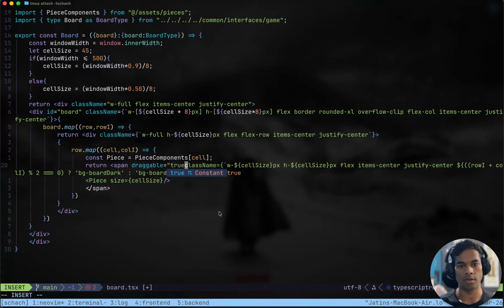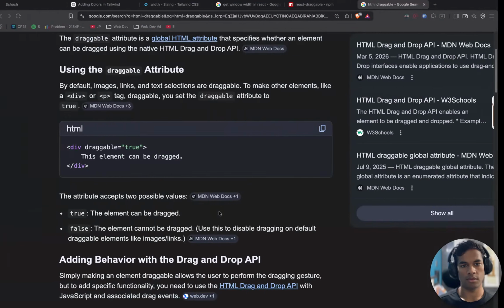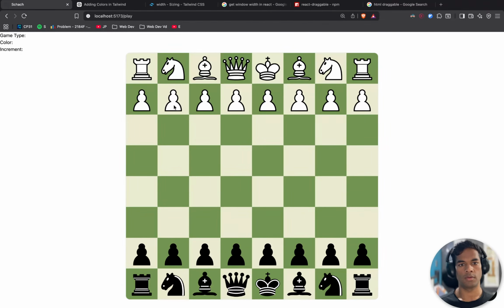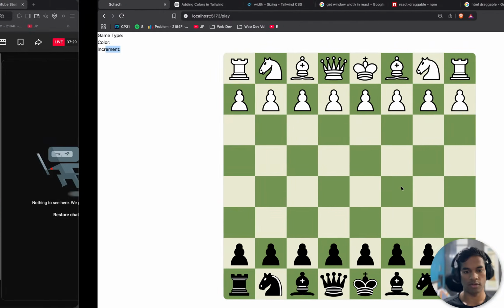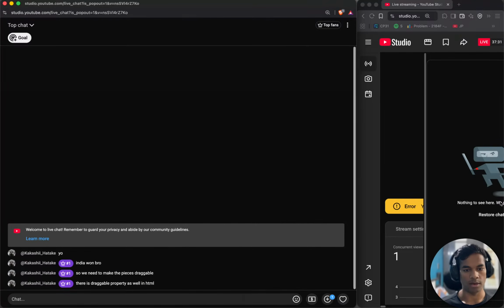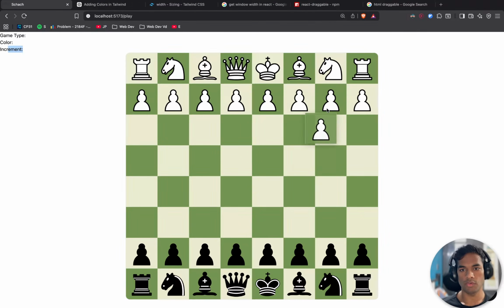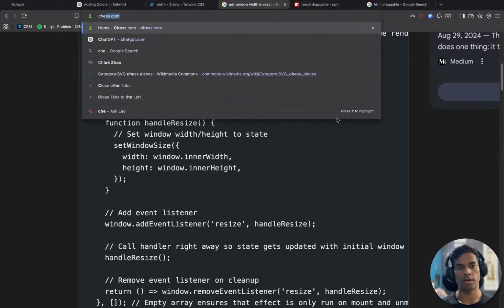Okay, maybe like this. Okay, that is something. But the thing should also remain. The piece should be lifted up from the square. We need a little bit more control than this. This is cool, but we need a little bit more control here.